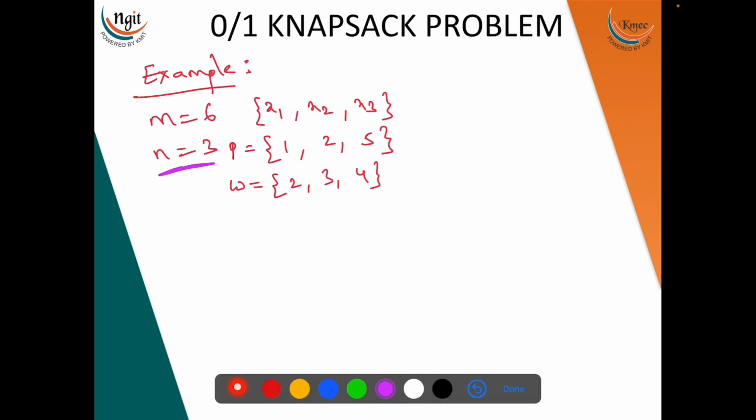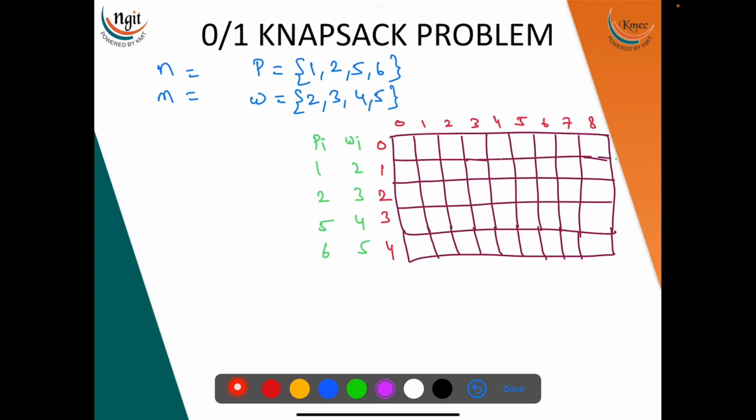Now we will apply dynamic programming. Half the way, we will make items inside the bag. So now I'm taking some example. I'm taking